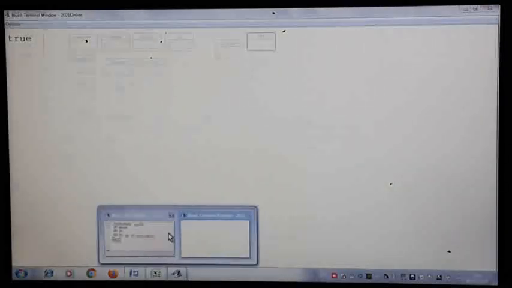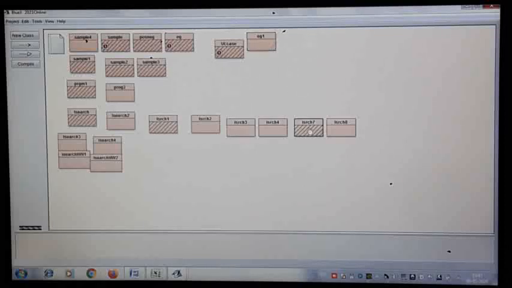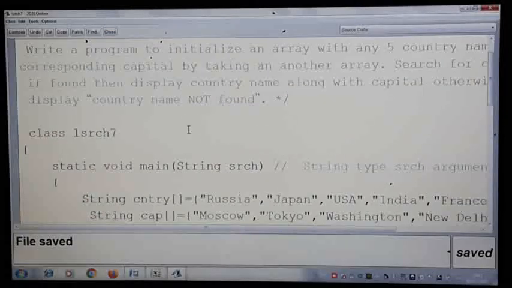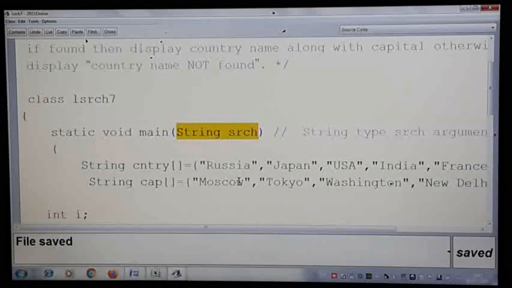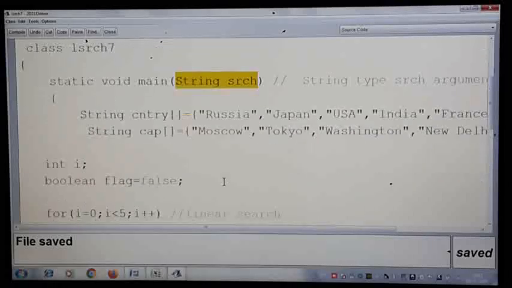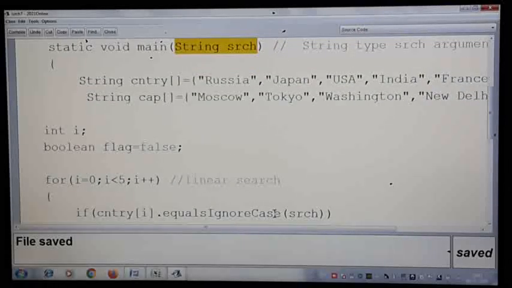Now see, when we take search as an argument in this example, there is a chance the user might give it in capital letters or in lowercase. So in that case, how do we ignore the case? We cannot impose or tell them to type in this case only. There is a chance they may type it in lowercase or in uppercase. So what we do, we ignore the case and go ahead with matching.